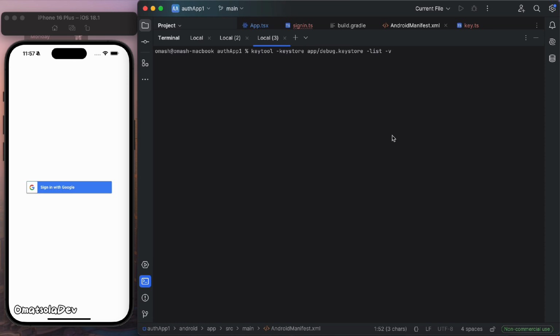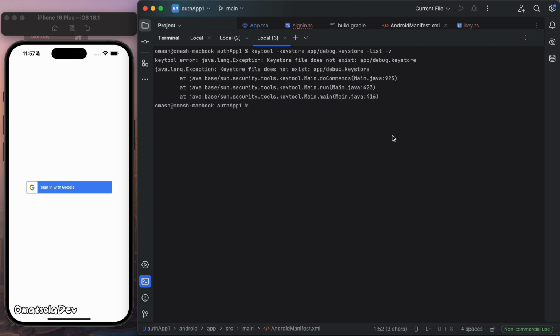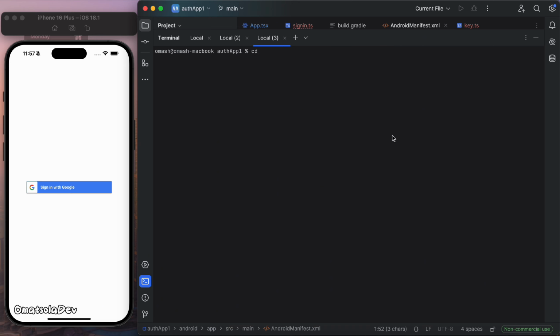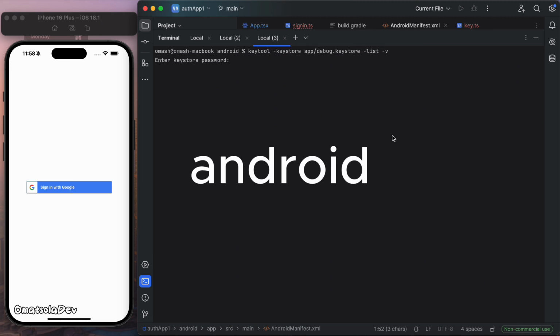So we'll be using this command, and if I press enter, it will ask me for, oh, that's an error. Okay, actually I'm supposed to cd into the Android folder. So like I said, you'll be seeing all of my errors. So now if I paste that command again, it will ask me for a password, and I just have to type Android, ANDROID,